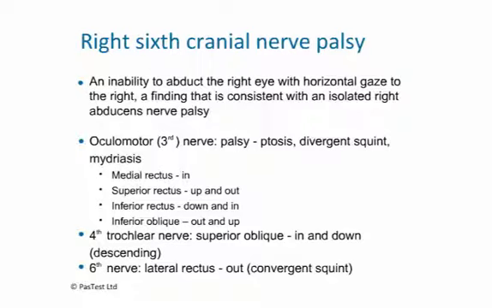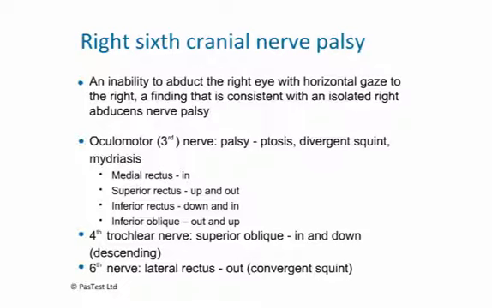down, as in descending the stairs, while the sixth nerve or lateral rectus is just abduction of the eye, and if this is paralyzed, then one gets convergent squint. So just remembering the distribution of the muscles and the nerves, one should be able to work out these sorts